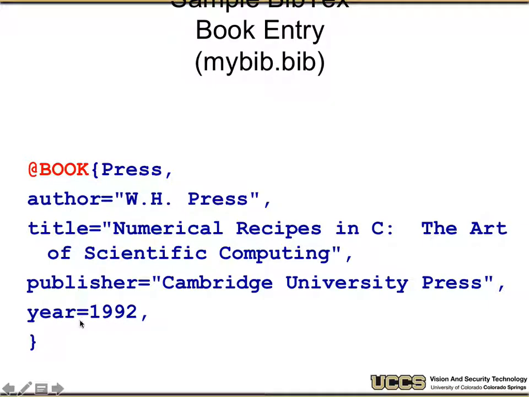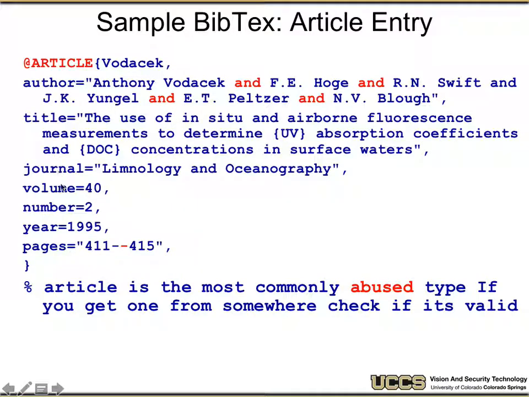The author, title, the publisher, the year, and then it'll have optional things I can add. Here's an article. It has some things that are required, some things that are optional. Article is by far the most commonly abused type. So if somebody gives you something that's an article and it isn't an article, you probably should change it to